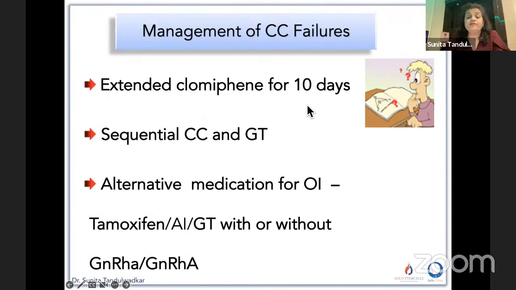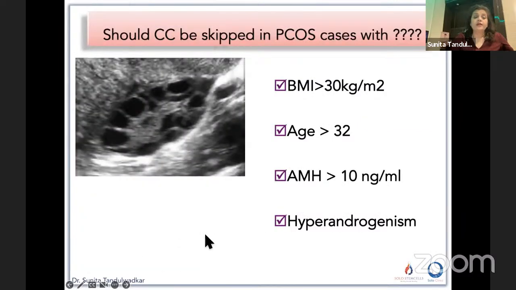You may give clomiphene for 10 days if she has not ovulated. You may give sequential clomiphene and gonadotrophin. So add on gonadotrophin. An alternative medication you can think about is either aromatase inhibitor, tamoxifen, or gonadotrophin with or without GnRH. So very important: either add on gonadotrophins, continue clomiphene, or replace clomiphene completely. Replace with either oral ovulation agents, that is aromatase inhibitors, or with gonadotrophins. Now,